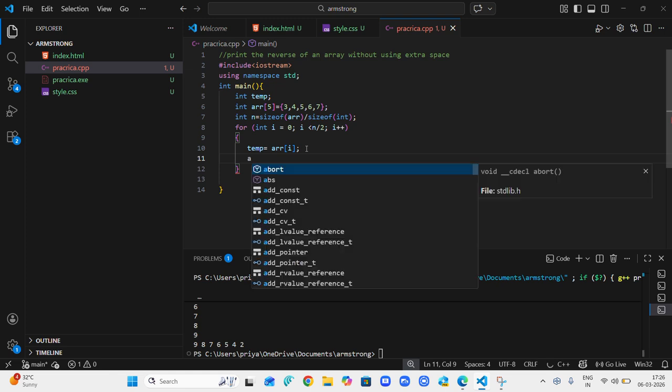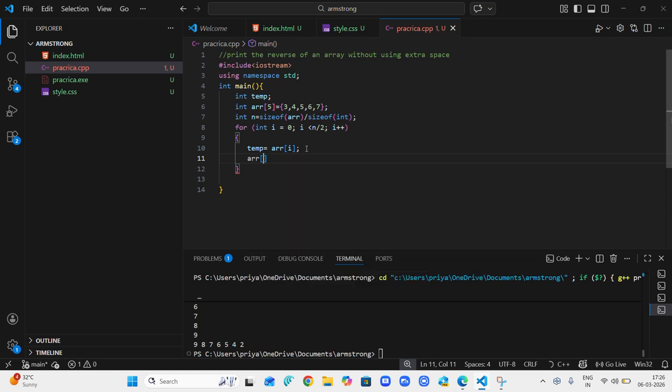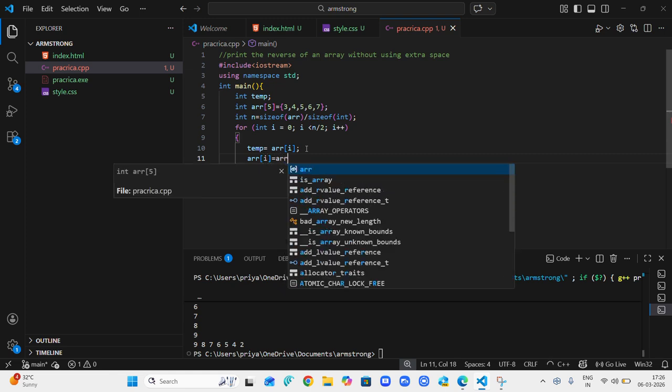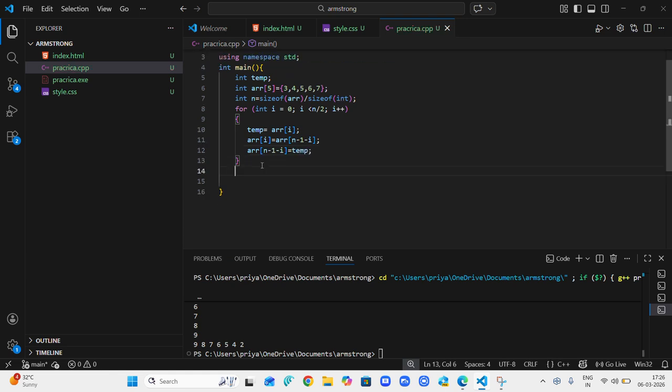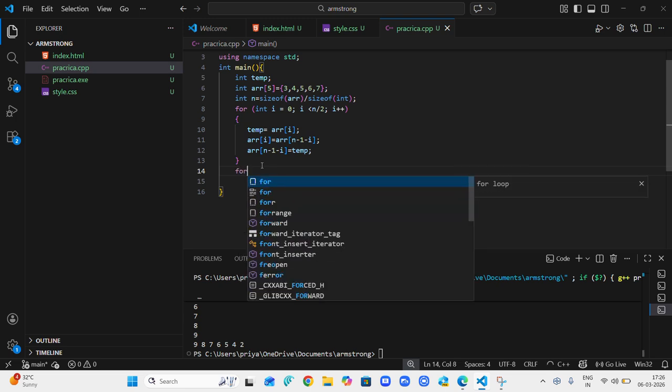Then array of i equals array of n minus 1 minus i, and array of n minus 1 minus i equals temp. Now I'll print the reverse array after this.